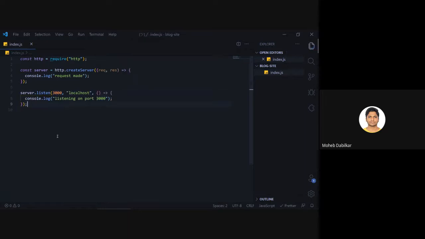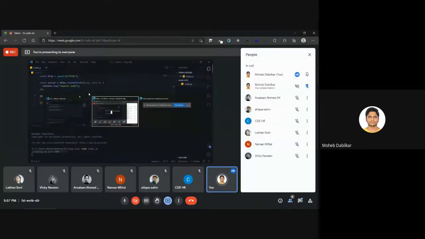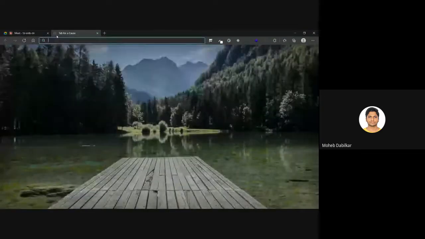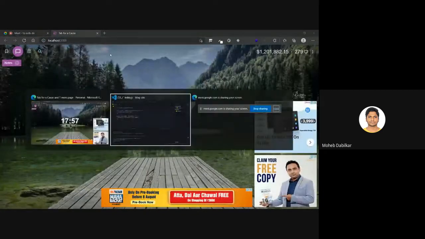So now, once we have saved it, let's press Ctrl J and say node index.js. Now it says listening on port 3000. Now we have our localhost port, and if you come over here and say localhost 3000, it should take us somewhere.